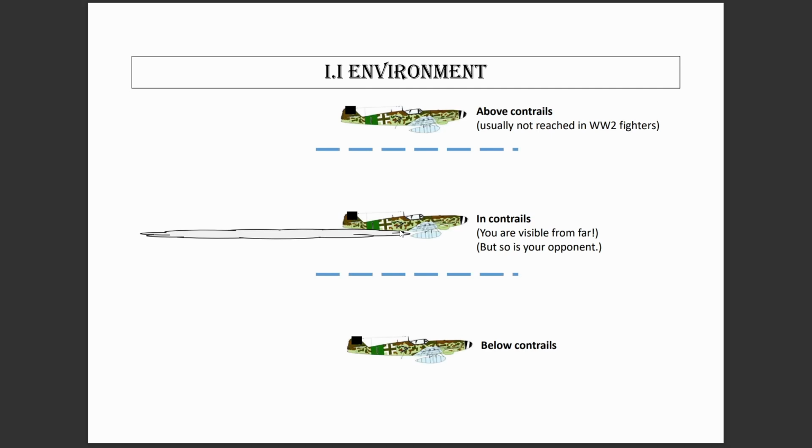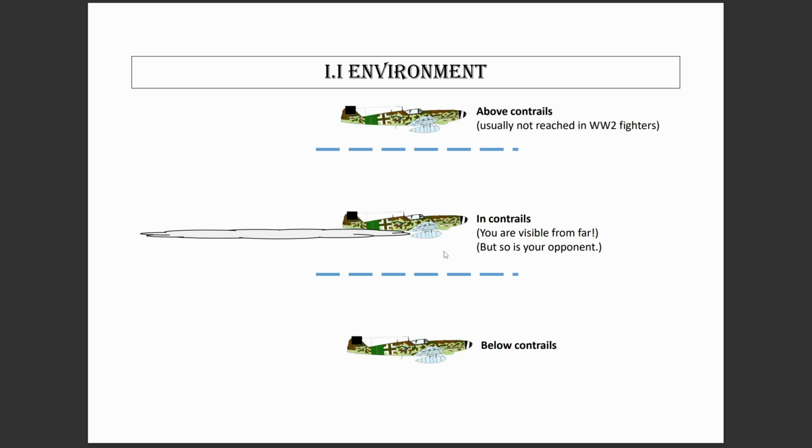Okay, one more thing about the environment that we operate in, which is tactically relevant, and that is the phenomenon of contrails. Now, contrails or condensation trails are basically condensed water, so clouds basically, that your aircraft produces. How does it work? Well, your aircraft spits out gases and particles from the combustion, so basically combustion products, and